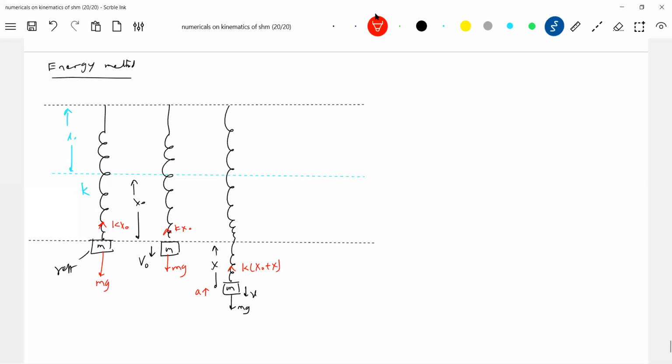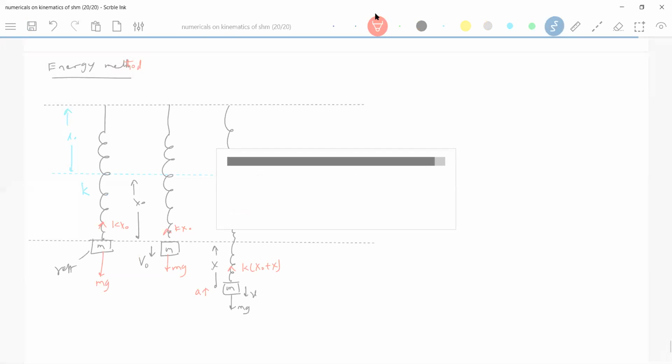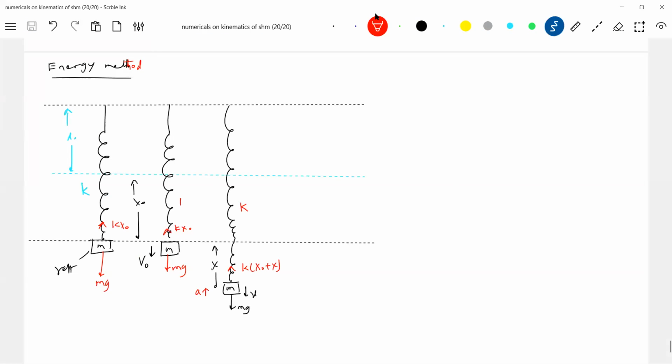Okay, I'm interested now in the energy method. What was the initial energy supplied? mv naught square by 2. That is what we can call the oscillation energy, no? You can ask questions, sir, why are you bringing the energy method here? Already we have. See, there are some problems where the energy method will be easier, and some problems where the force or torque method will be easier. That's why I'm going for all the possible alternatives which are available to me.